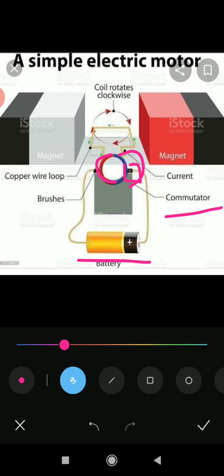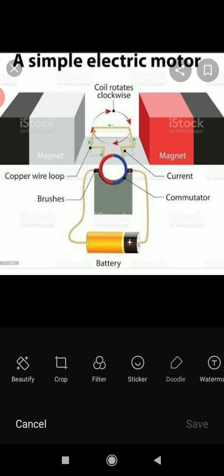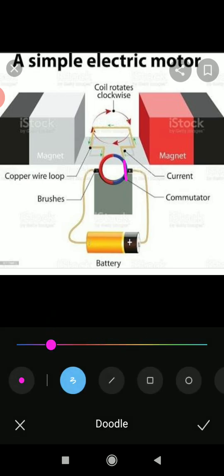Just observe here, this is the first brush, this is the second brush. These are basically carbon brushes, and they are able to conduct the current. Because of the movement of the split ring, it is in contact with the rectangular wire all the time, and current passes through the wire.